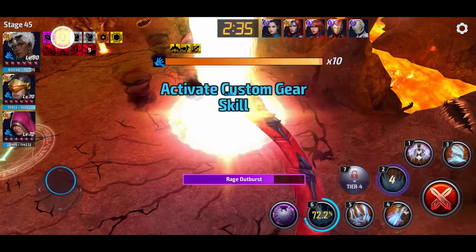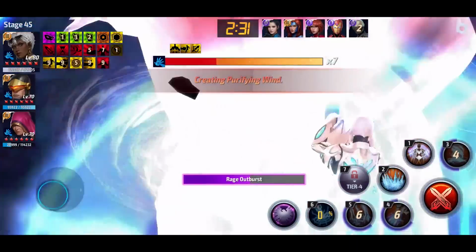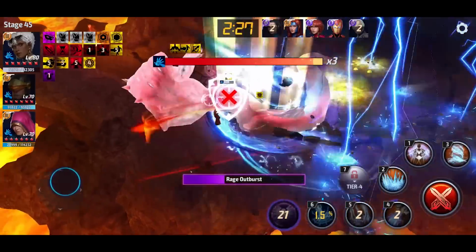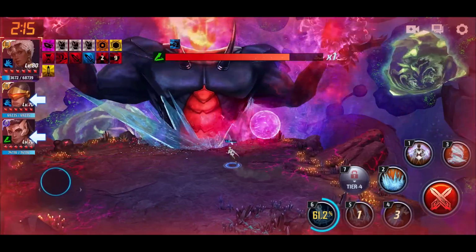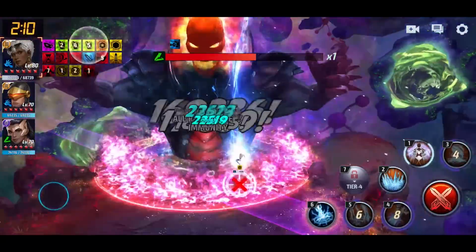One of the reasons that I believe the clear time is so much better for this is because the increased burst damage allows me to skip a lot of the phases where I would otherwise be switching characters and dodging the damage and wasting a lot of time. Similar to the results of other characters from 70 to 80, her clear time improved by about a minute in